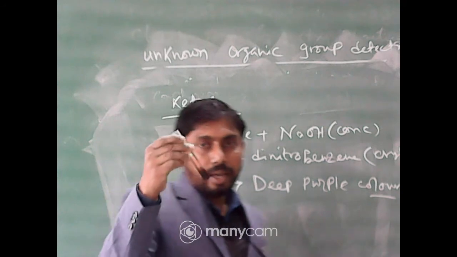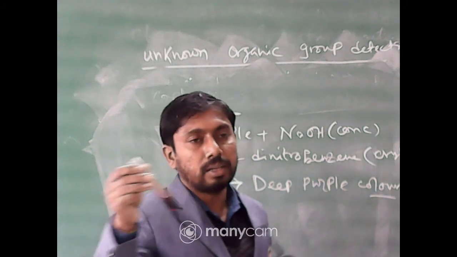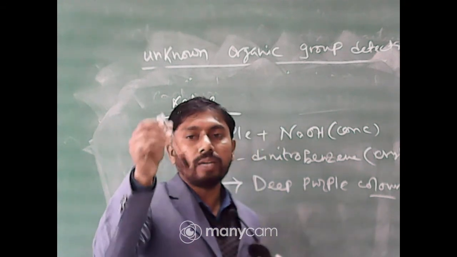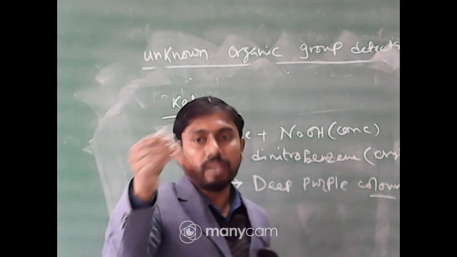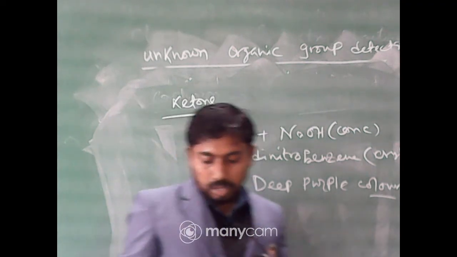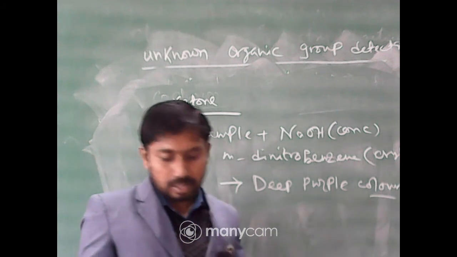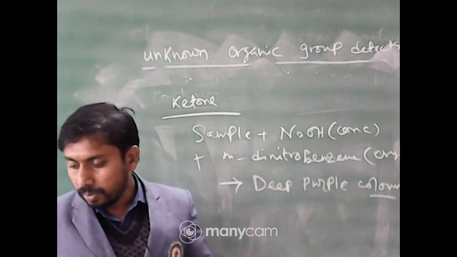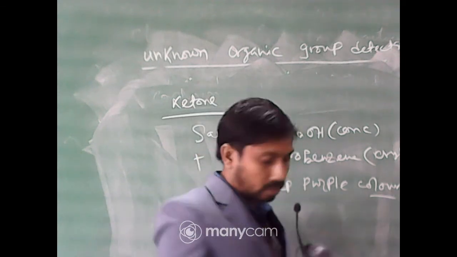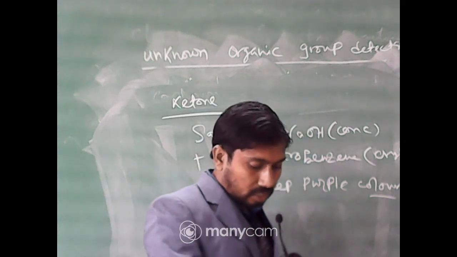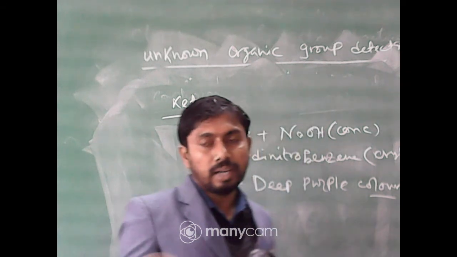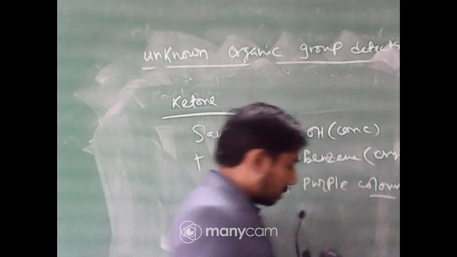Except for the aldehyde, the Fehling test and the Tollen's test you can write, but you have to write one confirmative test for ketone, and in that section you will write the test with the nitroprusside with strong base, and also the test with the meta-dinitrobenzene. Clear? So these are the tests to confirm or to distinguish between aldehyde and ketone. So how to write it?